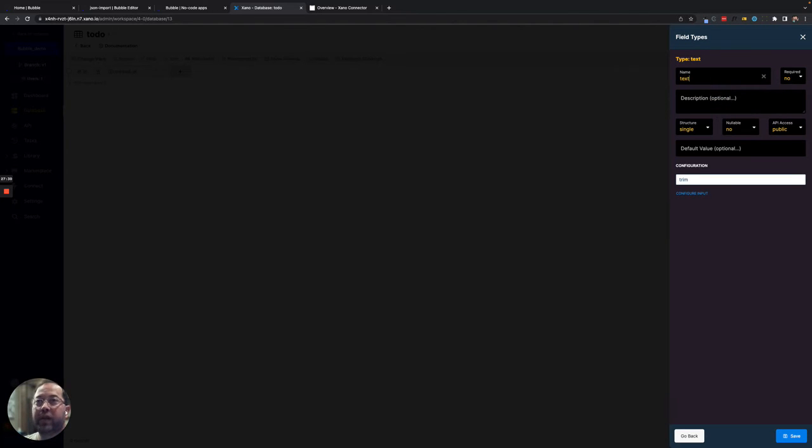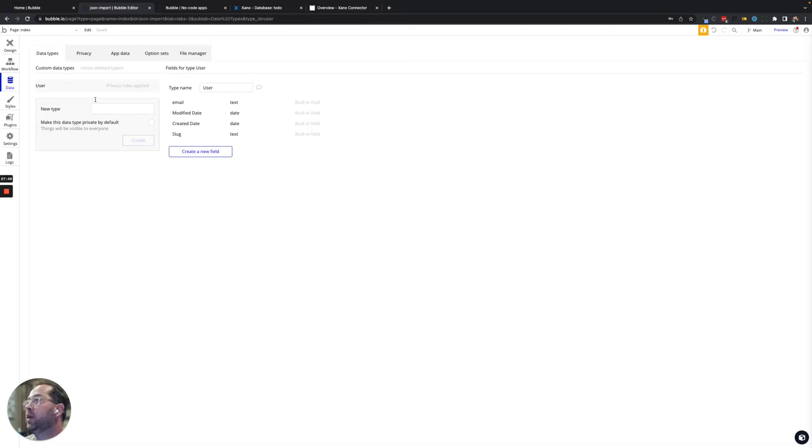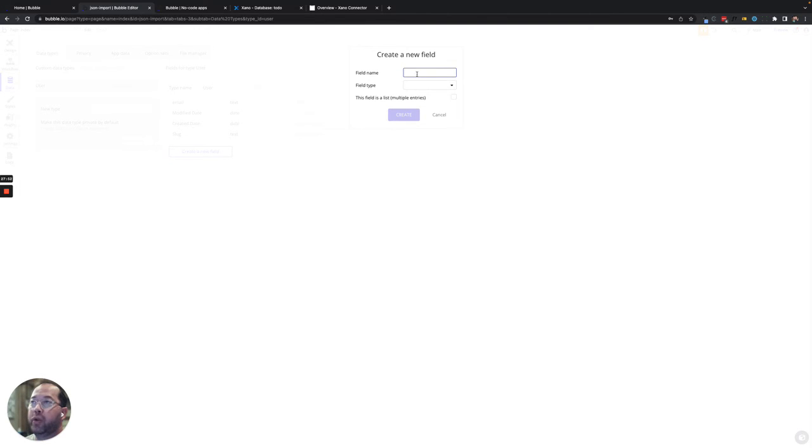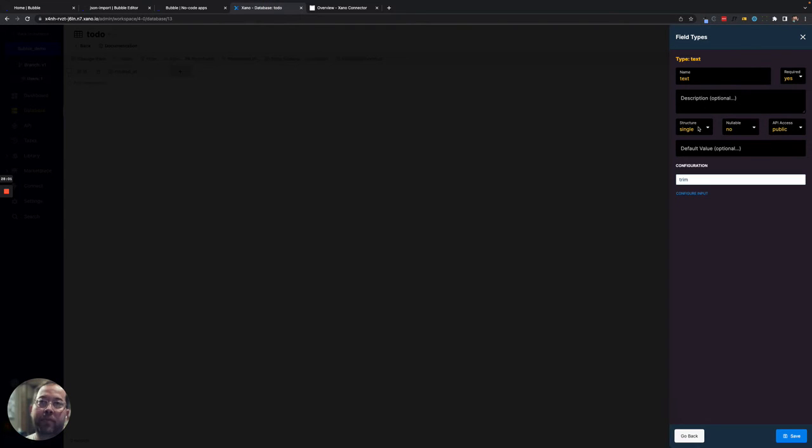So let's just call this text, and as you can see, this is required, because without a text, we don't really have a to-do, right? And this is one of the nice things. You can set this at that record level. What we're doing here is exactly the same as being inside Bubble and clicking create a new field, right? You select the type, you name it, and you can say either it's multiple list or not. As you can see, there's a lot more options. So you can make it required,